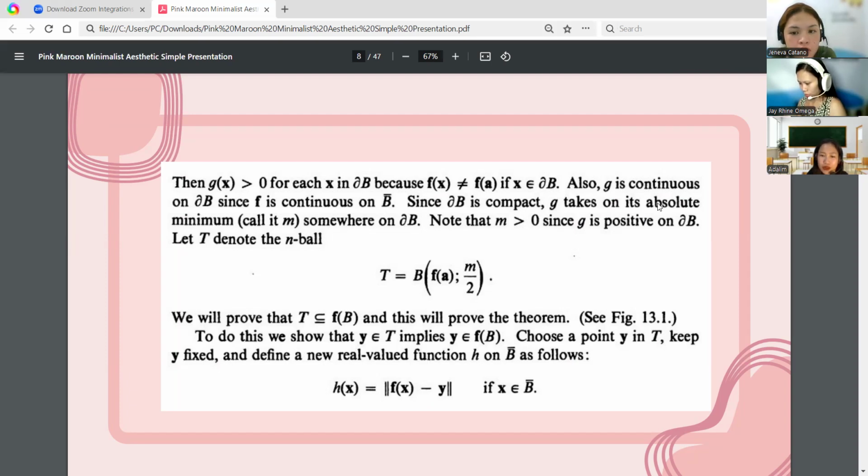So we have our formula here: T = B(f(a); m/2). We will prove that